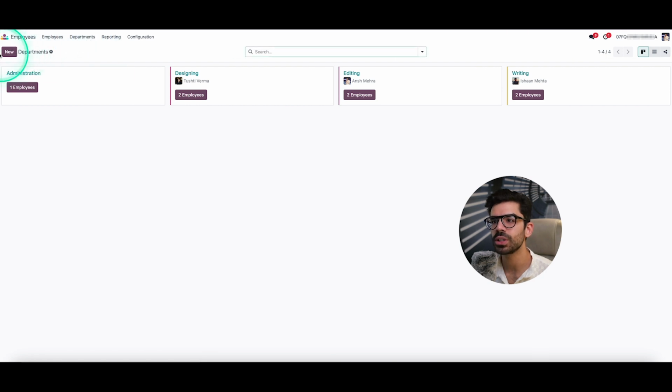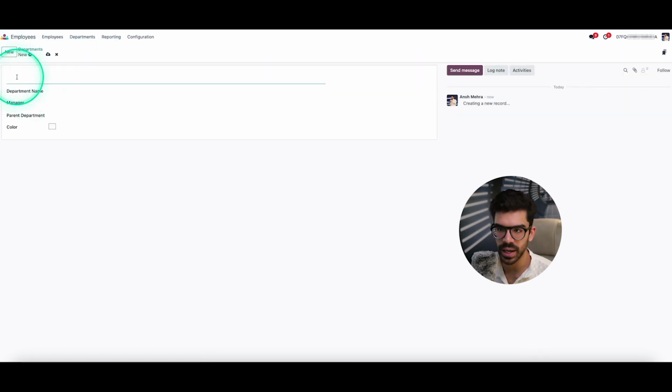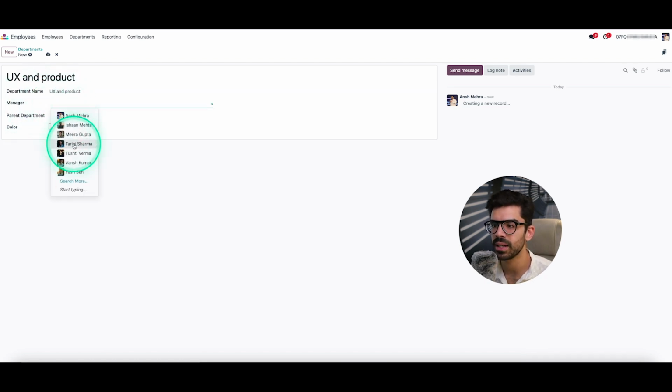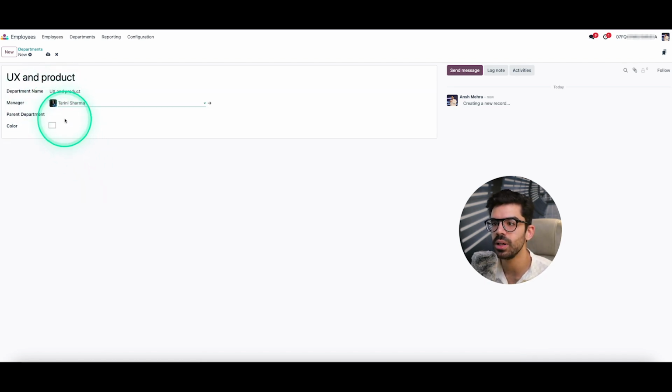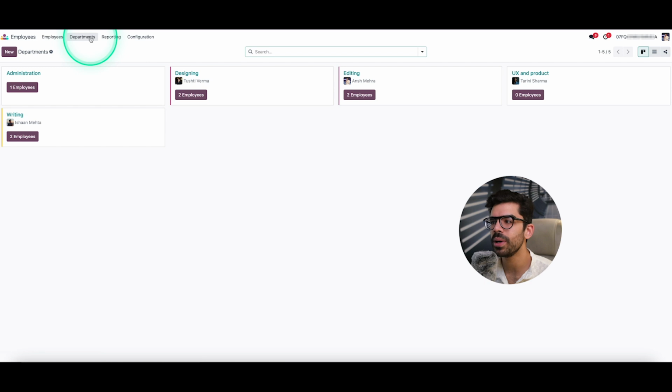So if you want to start a new department, you just click on new, you write the name. Let's just say I write UX and product, right? I can set a specific manager. So maybe I can make Tarini the manager. Is there a parent department? Not really. And I can add a specific color to it. And that's all, right? Now, if I go to my department again, I have my UX and product sorted here,